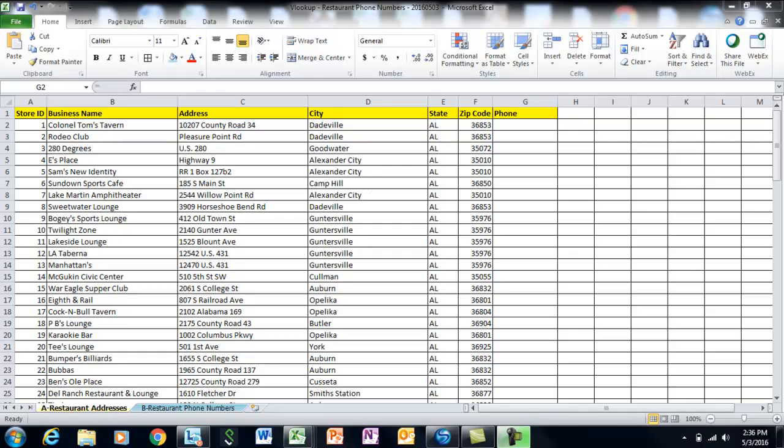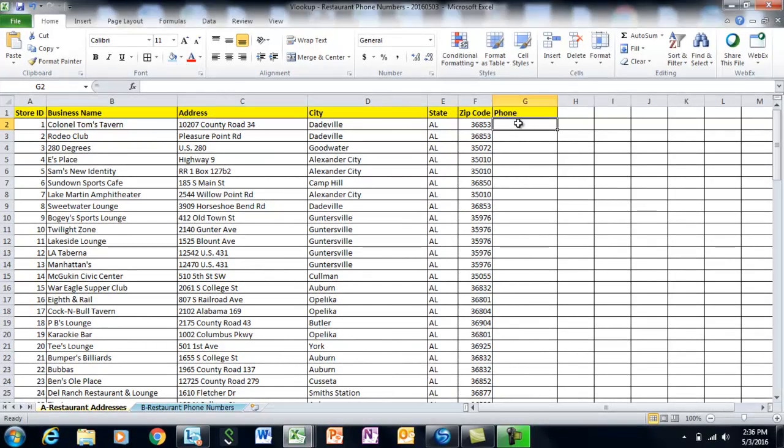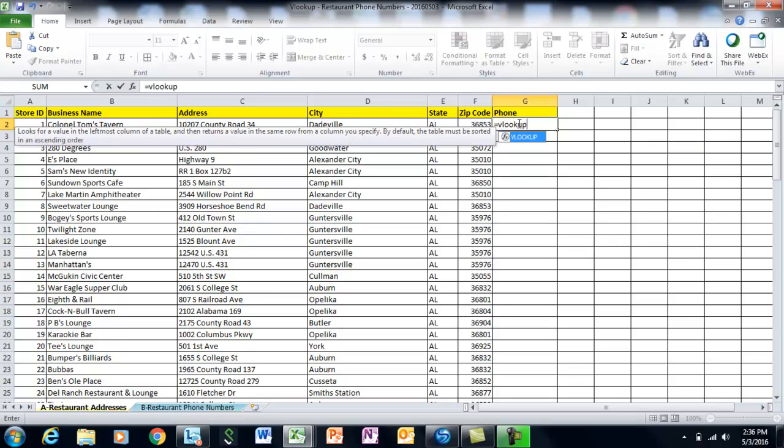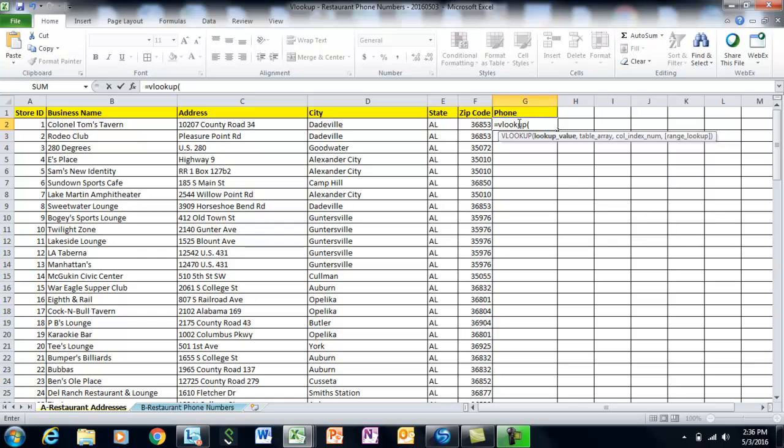Step 1 is to enter the Vlookup formula. All formulas, all functions in Excel begin with the equal sign, Vlookup, left parentheses, the store ID in cell A2 because that's what I'm going to connect tabs A and B with, comma, go over to tab B,